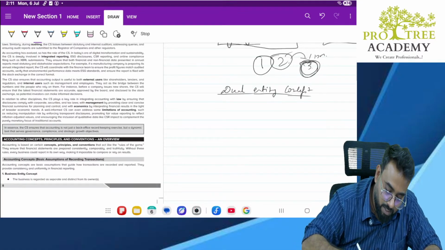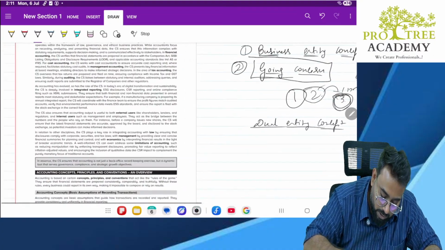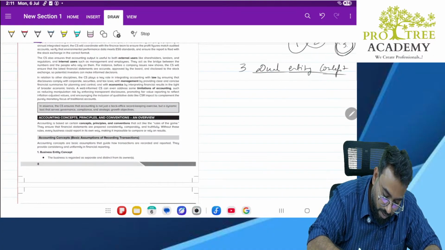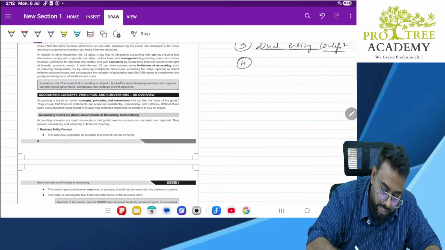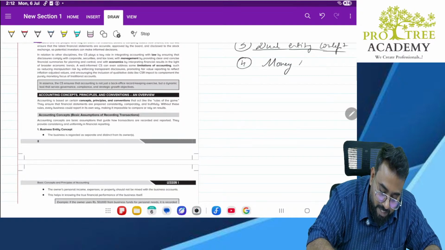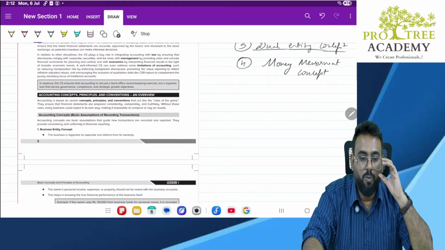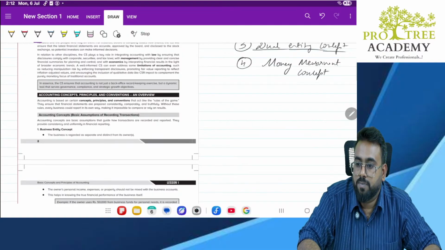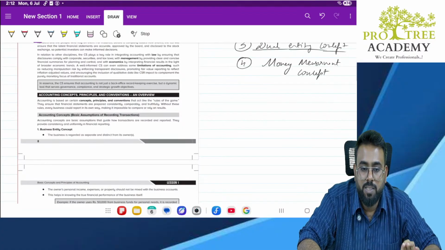Next. First one is the business entity concept. Second one is the going concern concept. Third one is the dual aspect concept. Next, fourth one, money measurement concept. Sir, now what is the money measurement concept? Simple, sir. The money measurement concept is nothing but